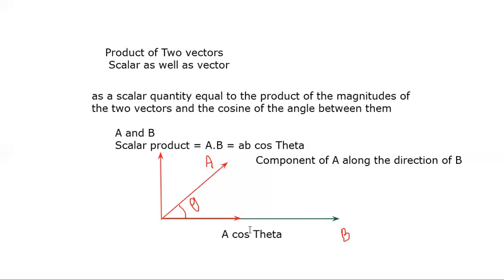So now you multiply these two when they are in the same direction. Now you have two vectors which are in the same direction, so now you can multiply them. So your result is AB cos theta. Understood? Did you get my point? Everybody? Yes, sir. Good. And remember, A dot B is equal to B dot A. Understand?